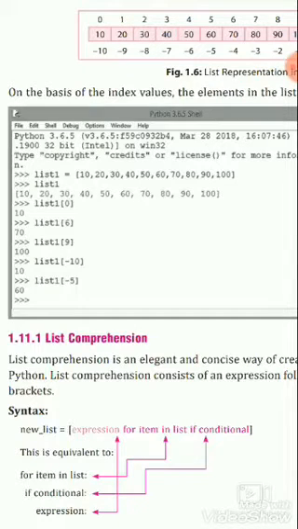Index number 0 gives 10, so when we print the first member of the list, we get 10. Similarly for index 6 and 9, and for index -10 we get element 10, and for -5 from the right side, the element is 60. That is the 5th element or 6th element of this list.